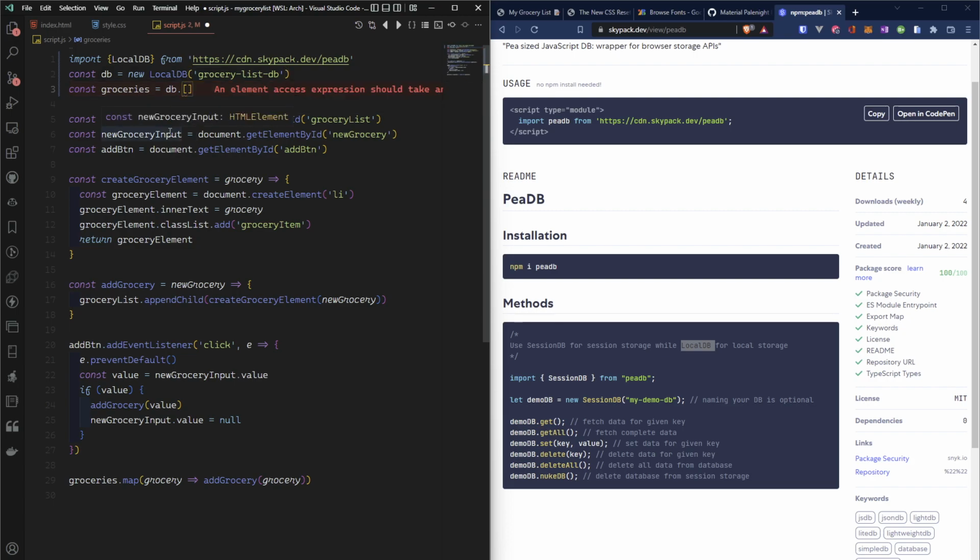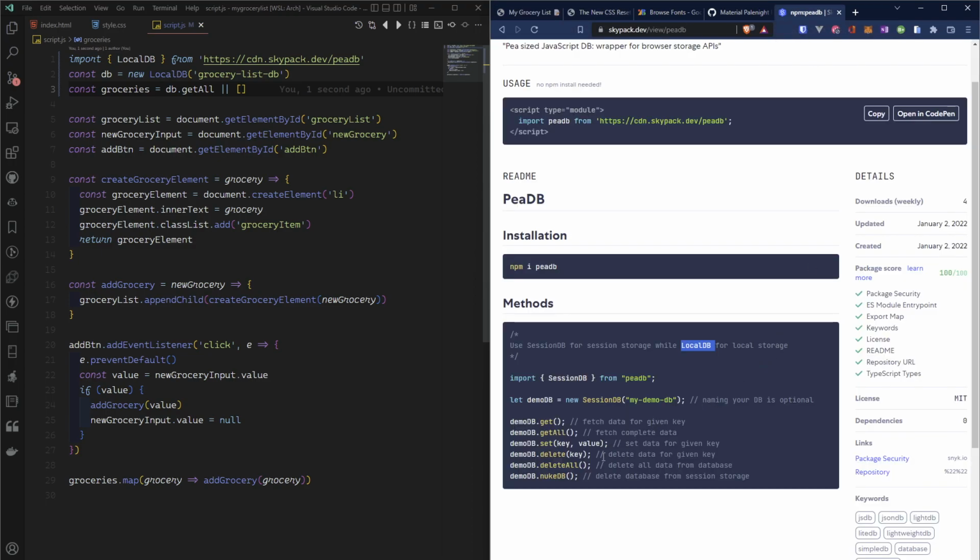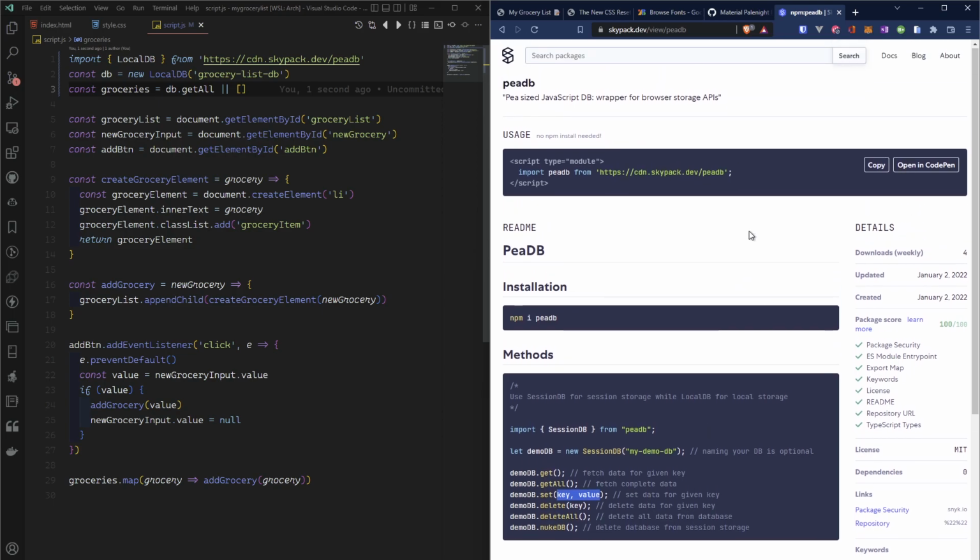And my groceries at the beginning will be pretty much get all, or empty. Let's see if this still works. Yes. So we are making the connection and getting the element. Of course, my elements from the database are empty. The way that this database works is through a key value store, and that's very much what we're going to use. So in order to make it work with a key value,